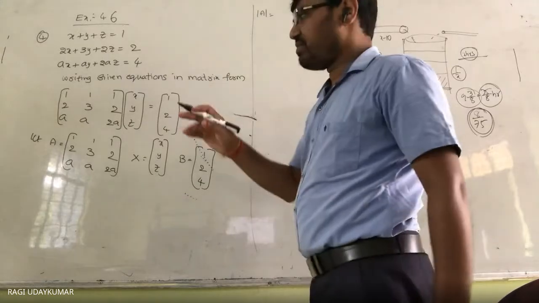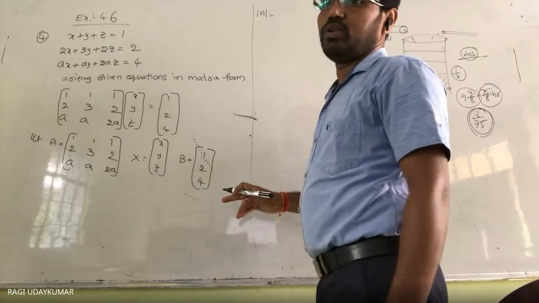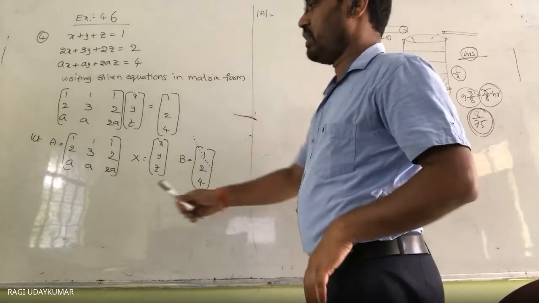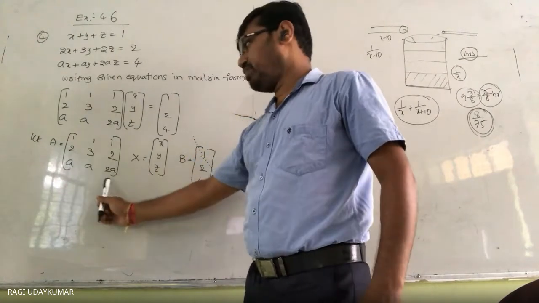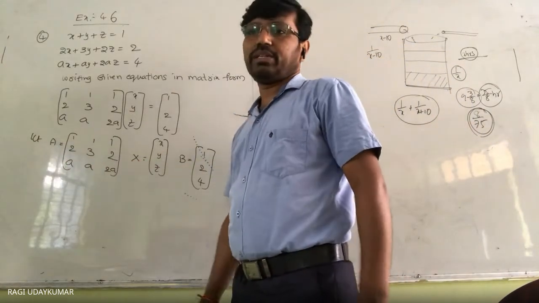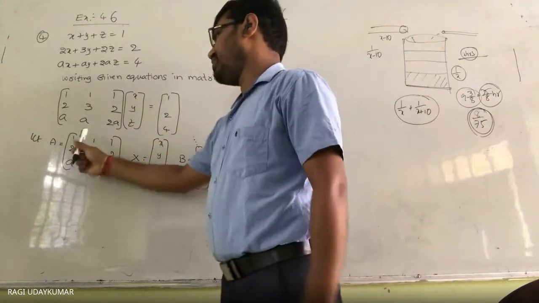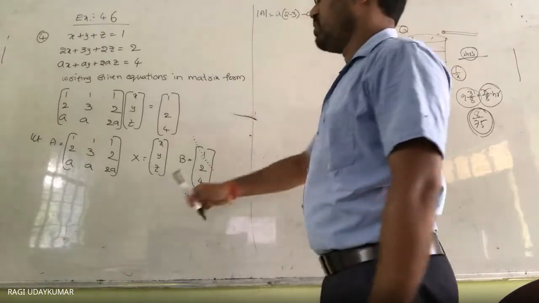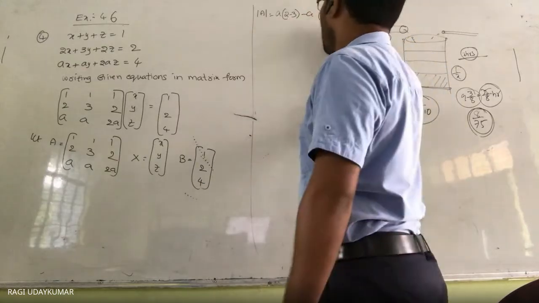Determinant of A, let us take expansion along a row. Any row can be taken. If you want to take the third row, you take it, because a is there. But whenever you take the third row, be careful that this is the third row first column element, so 3 plus 1, positive, negative, positive. Second row is negative, positive, negative. So a into, deleting this row and column, 2 minus 3. Minus a into, deleting this row and this column, 2a minus 2.